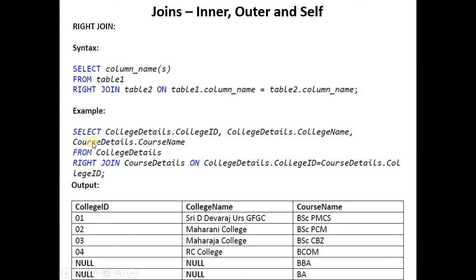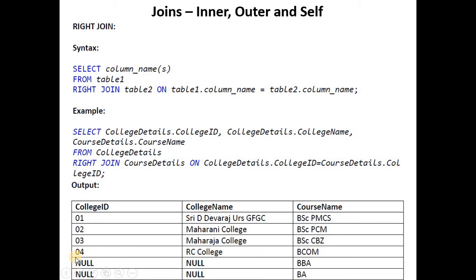In this, what happens? The second table, that is course details table, will have all the values. Since we are displaying course name from the second table, all the courses would be available here, and the matching rows from the first table, right? College ID and college name, only matching are these 4.